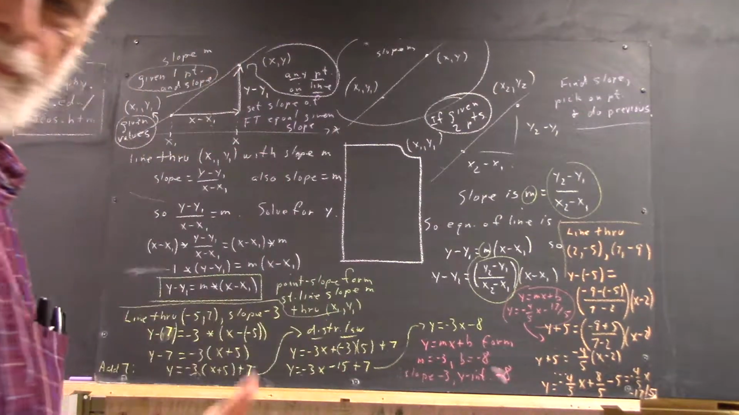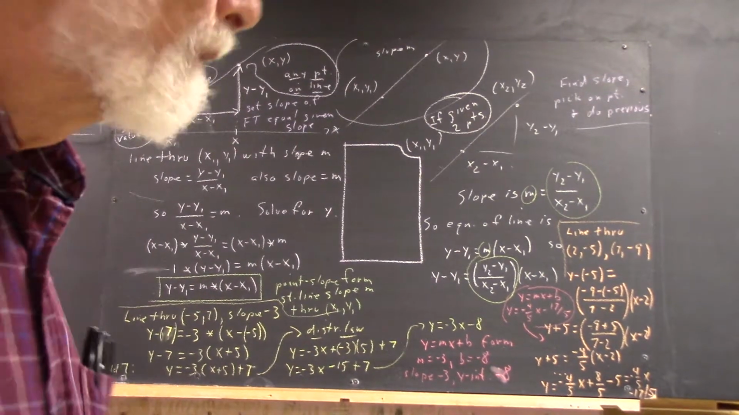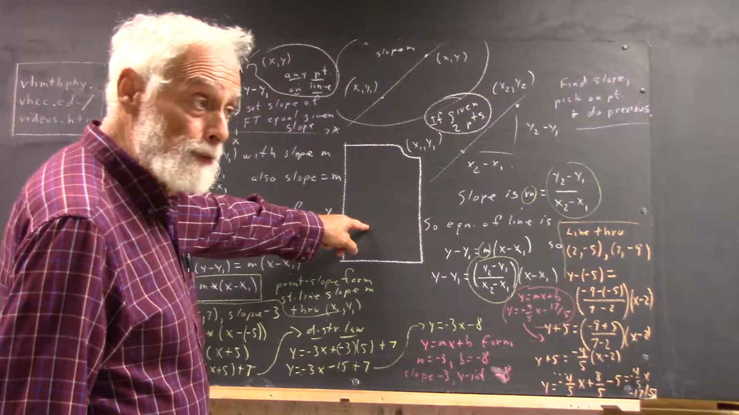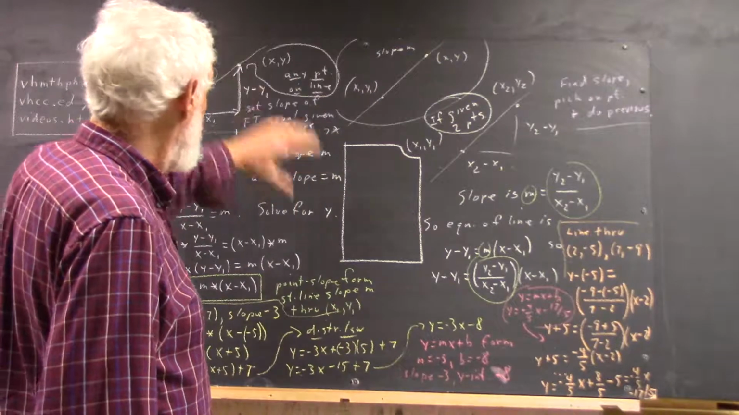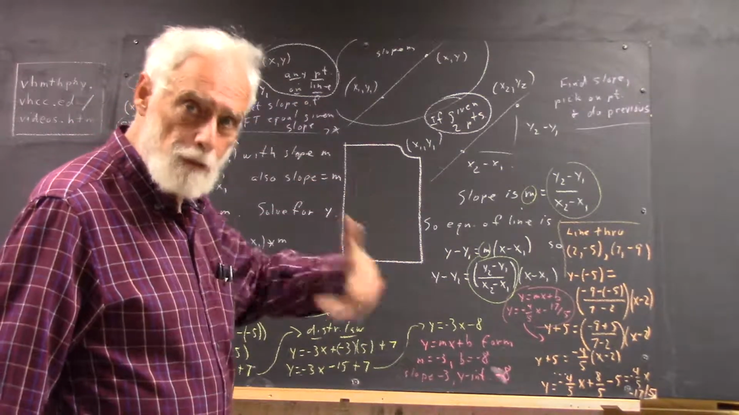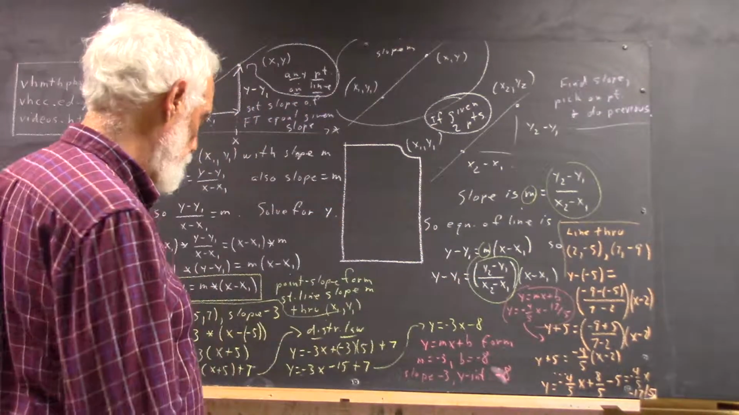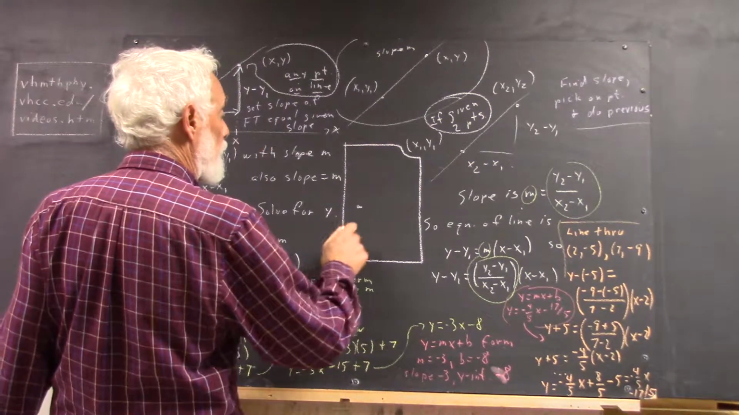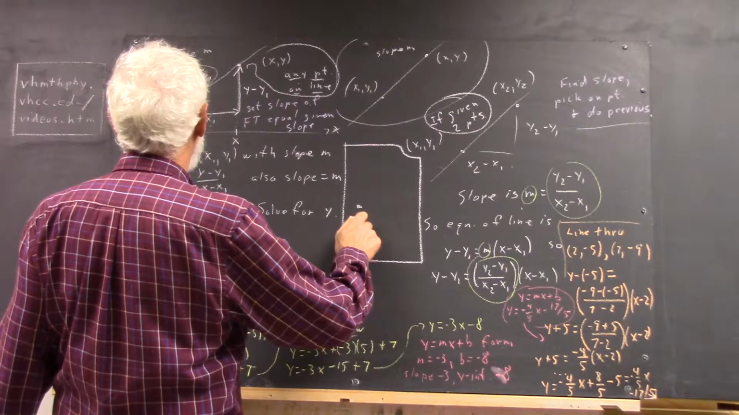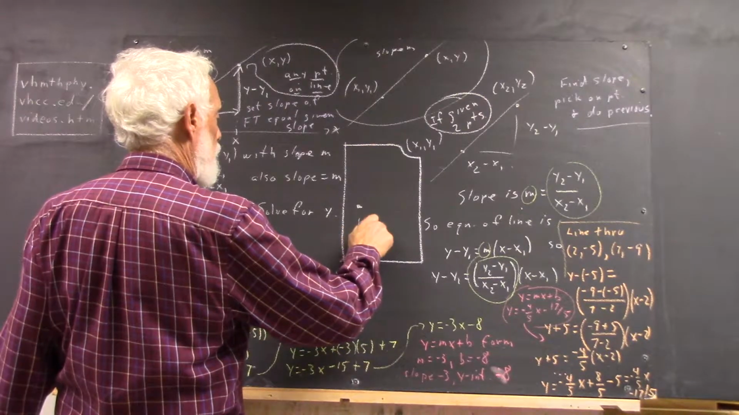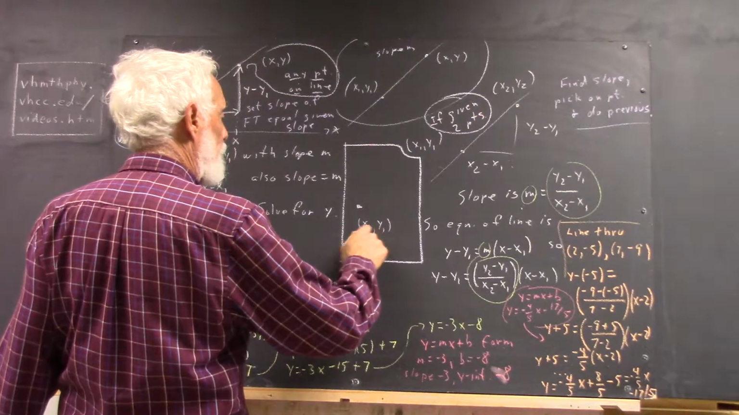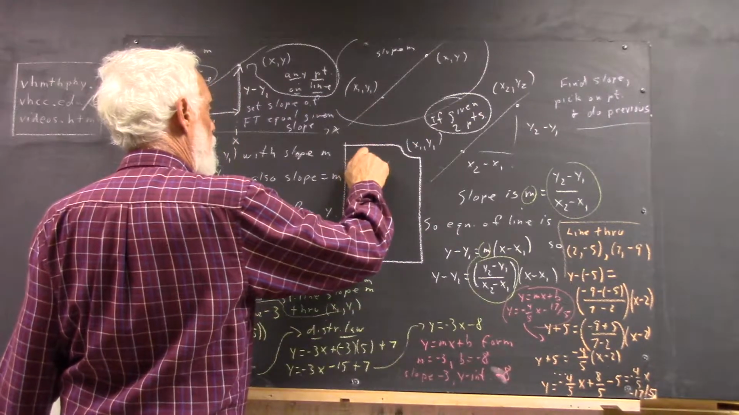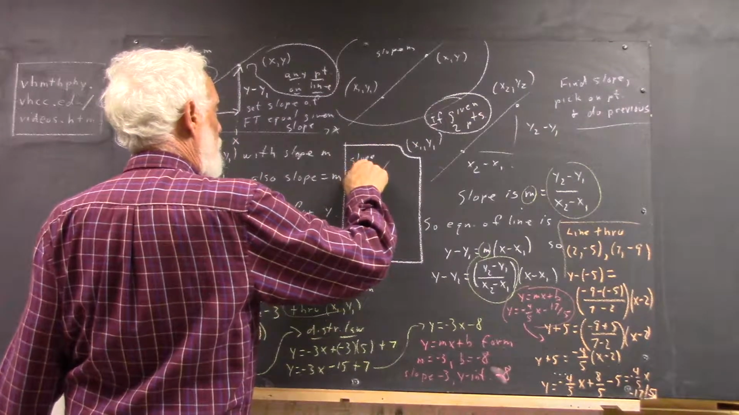Okay, now I'm going to use this small space here to just do in front of you what I'm going to point to here. So if we have a point, and we'll call that point x1, y1, and a line through that point with slope m,